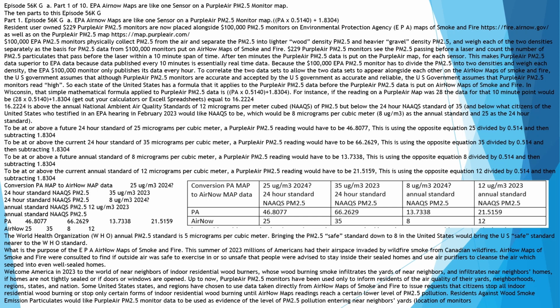Episode 56 KGA, Part 1 of 10. EPA AirNow Maps are like one sensor on a PurpleAir PM2.5 monitor map. The 10 parts to this episode 56 KGA. Part 1. Episode 56 KGA, EPA AirNow Maps are like one sensor on a PurpleAir PM2.5 monitor map, PA x 0.5140,